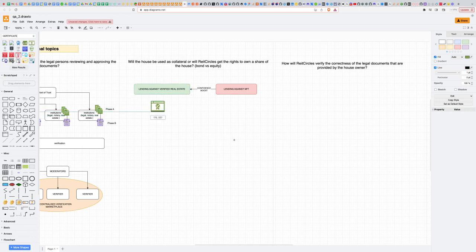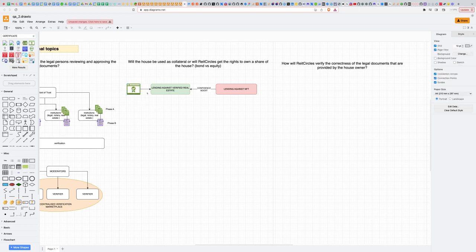We already have the NFT, which is created as a byproduct of the verification, right? So the NFT can directly be used for lending itself. You can lock in the NFT, and after that you can create financial instruments for lending. It will be kind of a bond where you borrow against your asset initially,